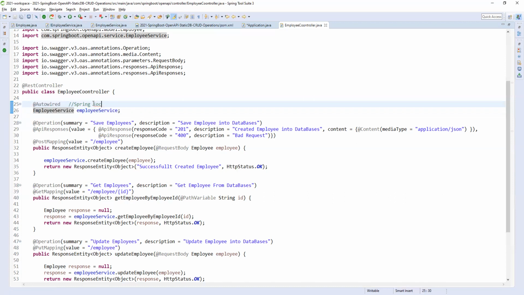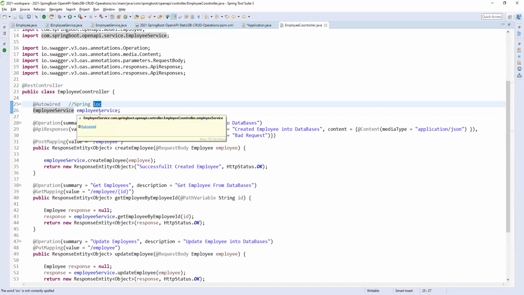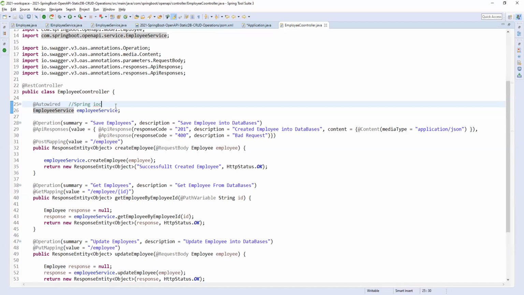This is nothing but inversion of control. Why are we calling it the inversion of control concept in Spring? We can achieve this concept through dependency injection, that is fine. But why inversion of control? Inversion of control means the control is inversed, reversed, right? Was it not reversed earlier? Yes. Why, how was it not reversed?